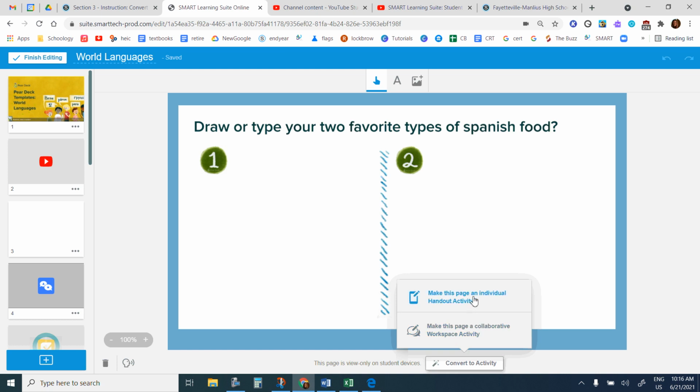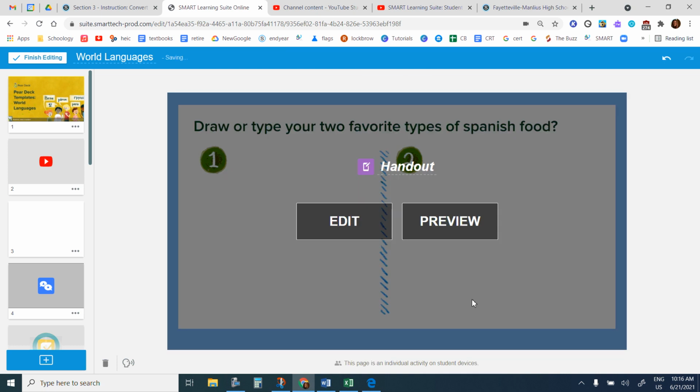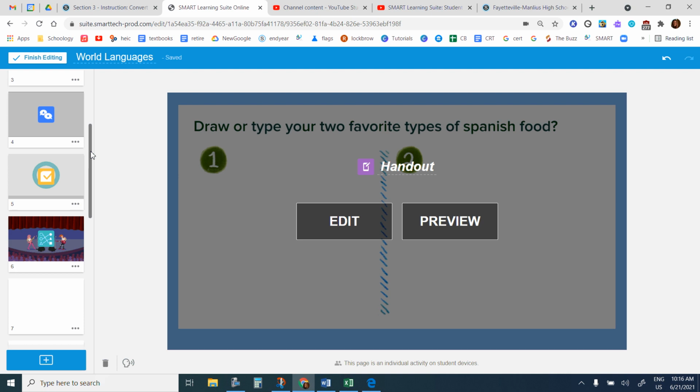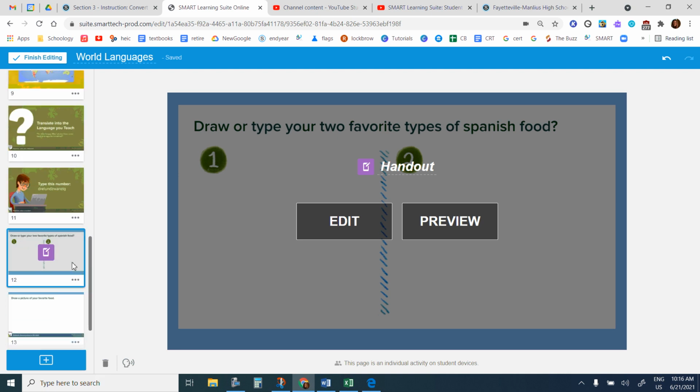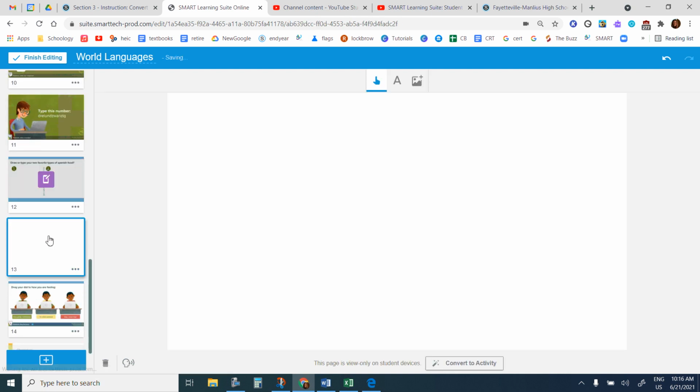So I'm going to start by making this an individual workspace. Pretty much all you do is click that button and it's made an individual workspace. And we'll take a look at how that looks when I show you the display from one to the next. The next slide that we're going to look at,